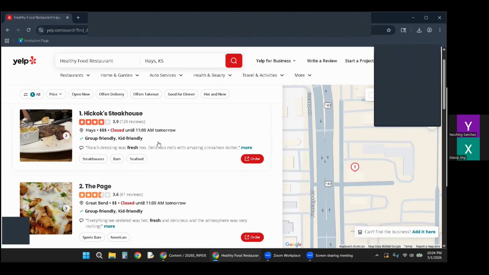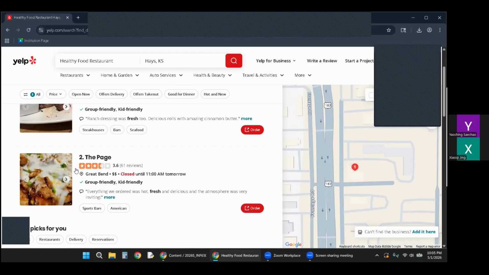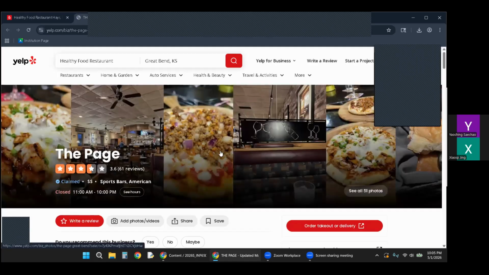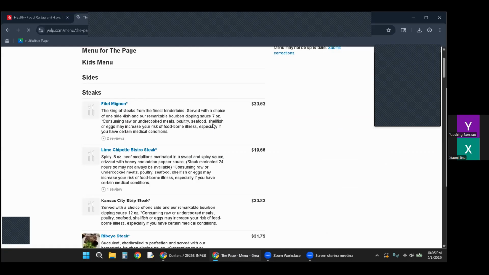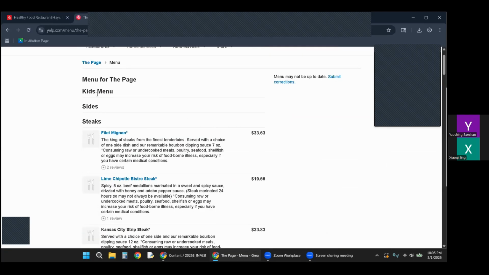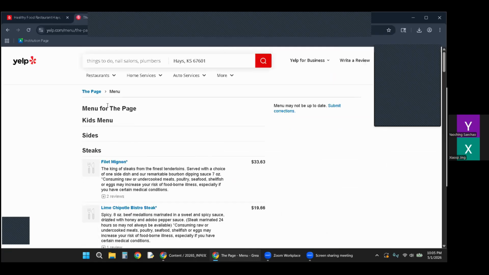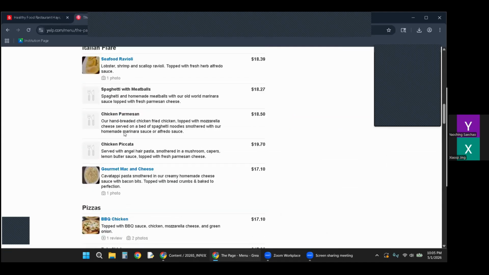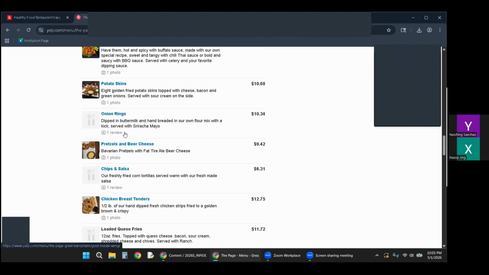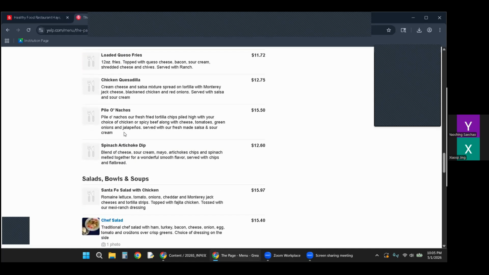And this is more fancy personally since it's a steakhouse. If I'm looking for something for my kiddos, I know they're picky, so I would want to look at their menu. There's some stuff for me, but then for the kids, it doesn't look like I can click it. So yeah, it's suitable for children or family.